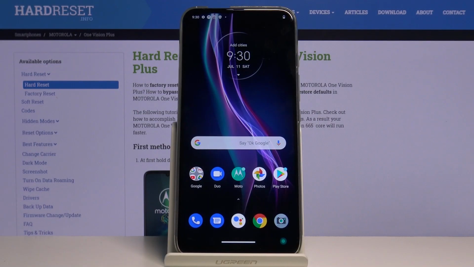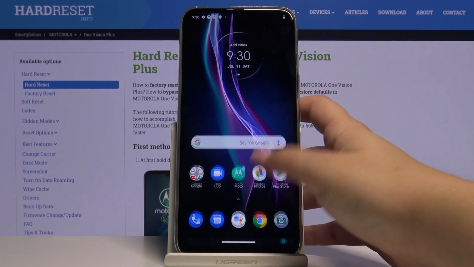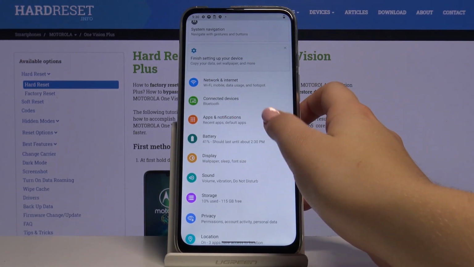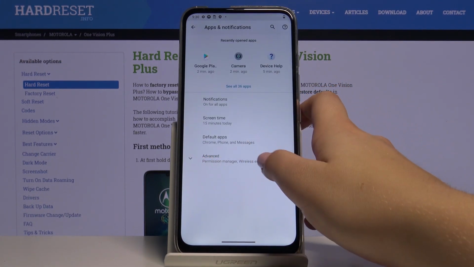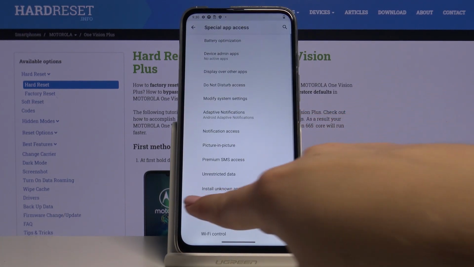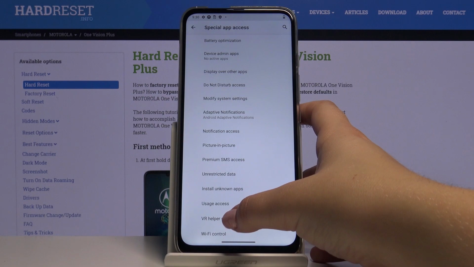Hi everyone, here we've got Motorola One Vision Plus, and let me show you how to allow unknown sources on this device. So first of all, let's open the list of apps and let's find the settings. Here let's choose Apps and Notifications and click on Advanced. Here we've got Special App Access, so simply tap on it, and here we've got Install Unknown Apps, so let's